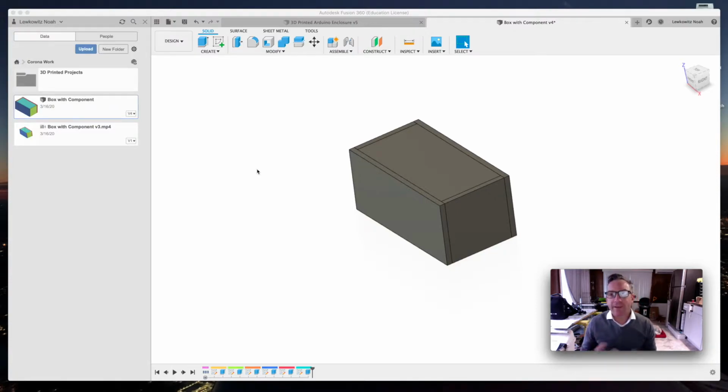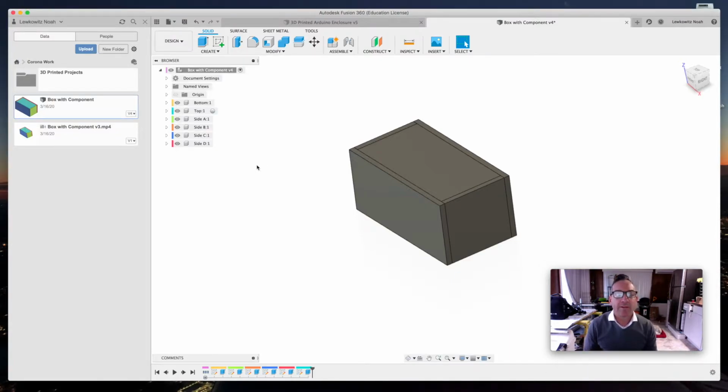As a simple example, something that many of you have endeavored to create is a box like I have here. It's a 6-sided box, obviously. And you can see that I've created 6 empty components. And I did that from the very beginning. If we walk the timeline back here at the bottom,